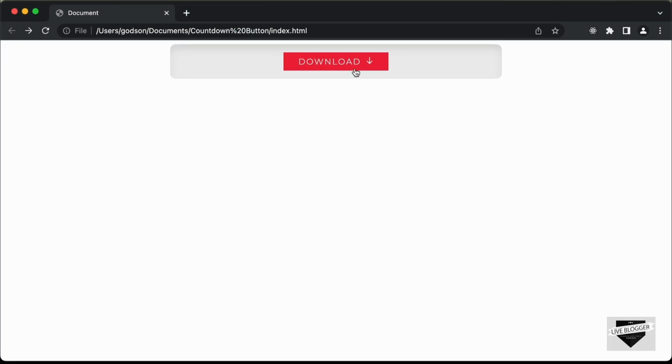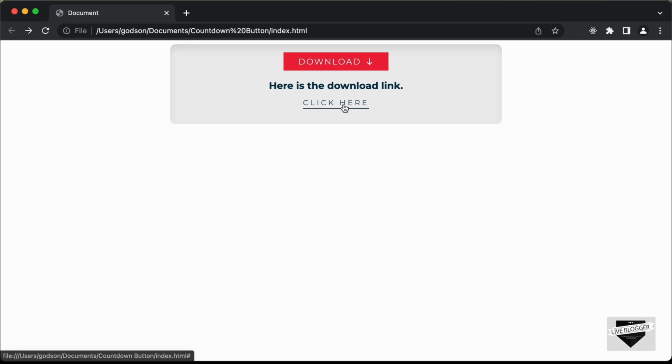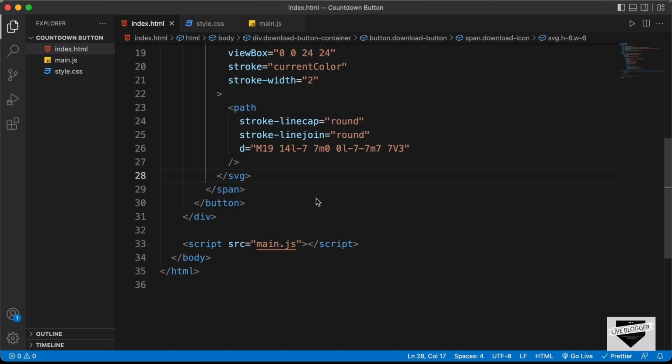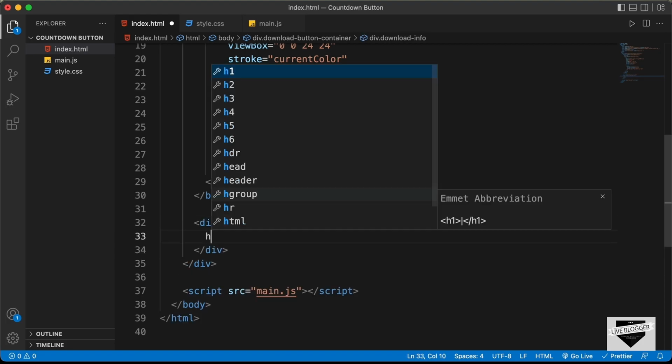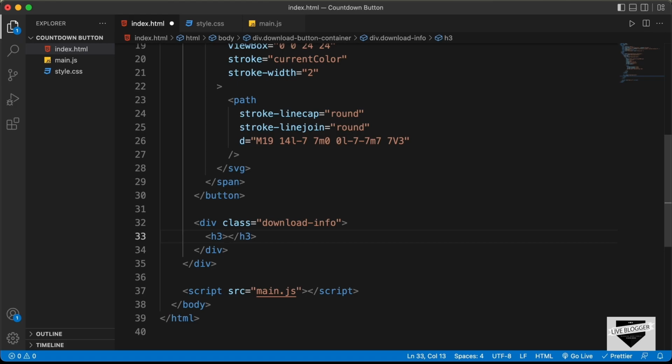Now let's go ahead and add the content of this heading and also the link. So we need to have an h3 for this heading, and we'll have an anchor tag for this link. So let's go back and let's go outside this button, and let's create a division with the class of download info, and in that we will have an h3, and let's type your download link will appear in 5 seconds,